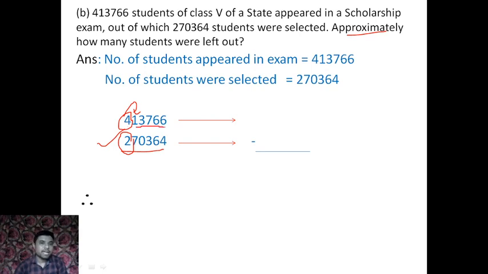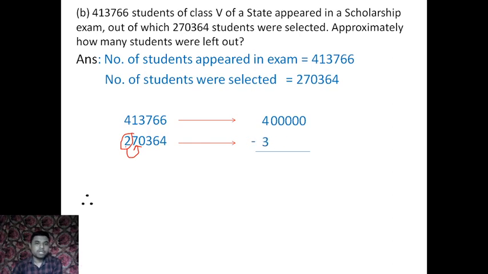So 4, and here 5 digits. So first 4 and then 5 digits. Is it clear? Okay, and when we round up these 2, that means the highest digit of the smallest number, what is the next digit? The right side digit, it is 7. 7 means more than 5, that means 2 will be 2 plus 1, 3. And how many digits to the right side? 5 digits. So for 5 digits it will be 50, it will be 50.